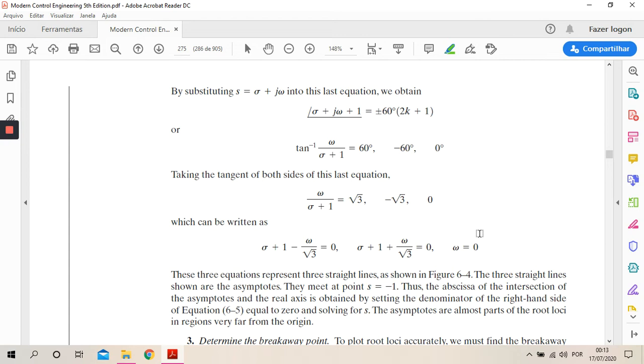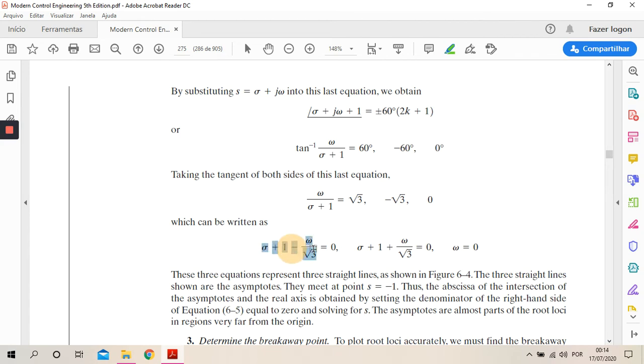Taking the tangent of both sides of this last equation, we find w divided by sigma plus 1 is equal to the square root of 3. W divided by sigma plus 1 is equal to negative the square root of 3. And w divided by sigma plus 1 is equal to 0, which can be written as,